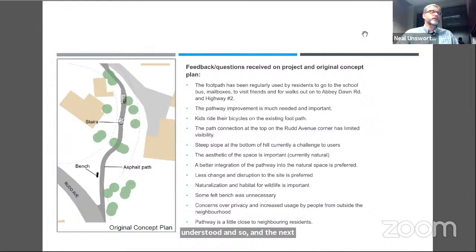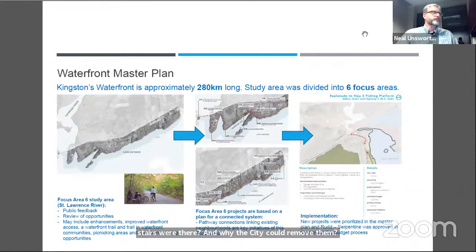Now you may ask why the stairs were there and why the city can remove them. And I'll get into that in the next slide, if you don't mind, Jen. So I'll get into some of the details on the changes we've made to the plan, but I just wanted to provide you an overview of where in the waterfront master plan